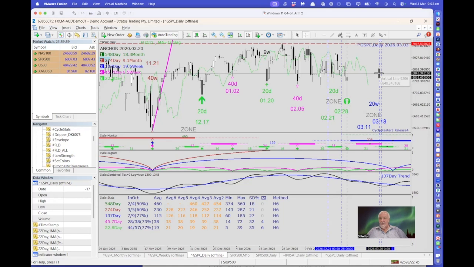Let's check to see exactly what it is. That's the equinox. That's the 20th, and that's the 21st. As more data comes in,